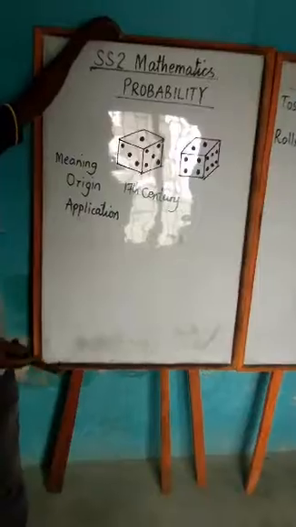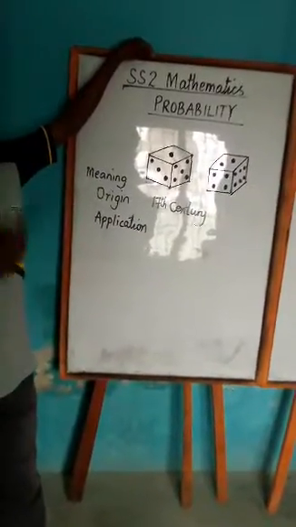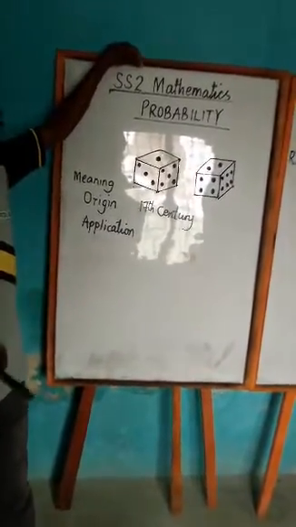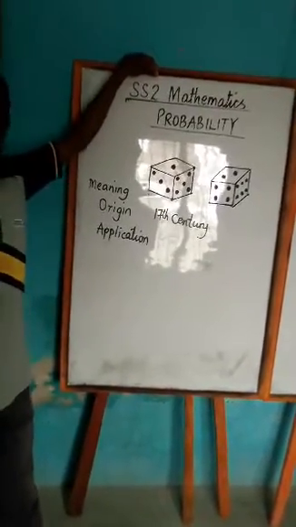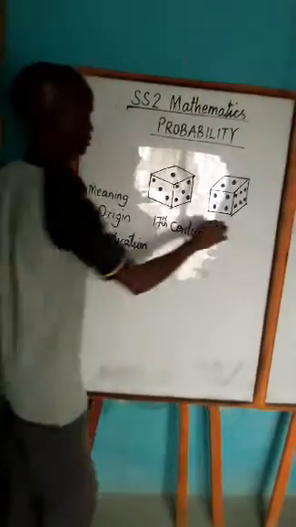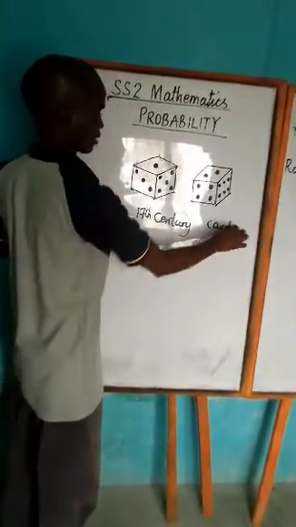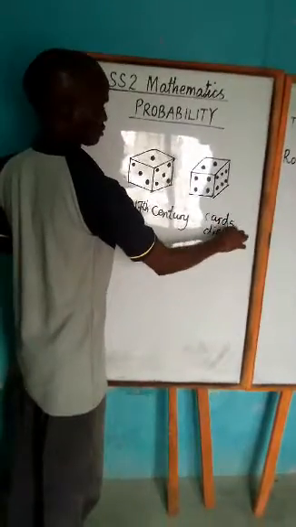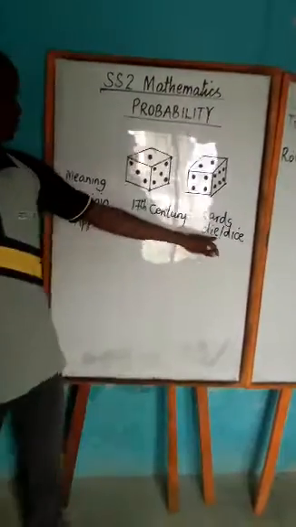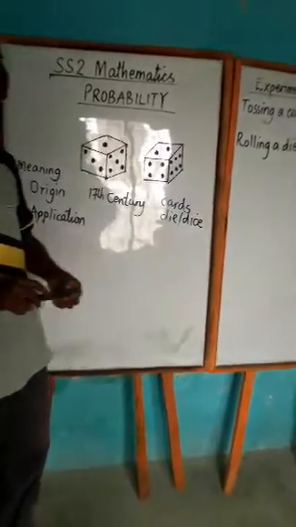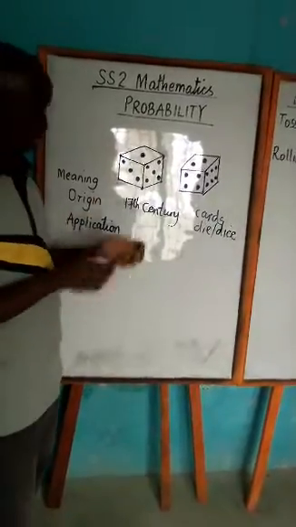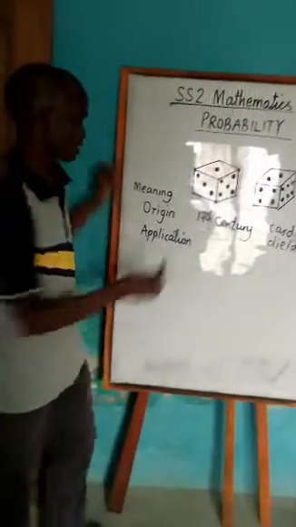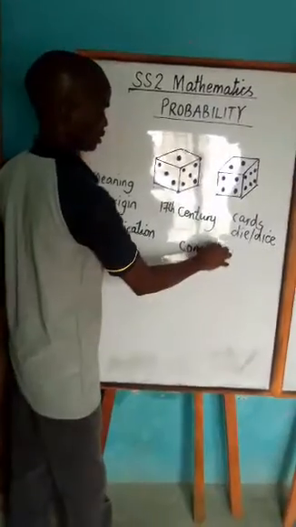It was inspired by the inquiry of gamblers seeking information on how to win games on cards and dice. Die is singular, dice is plural. Okay? Now, application. Probability has many important commercial and